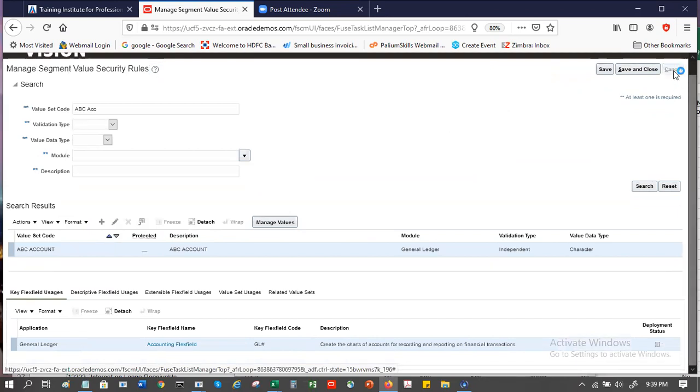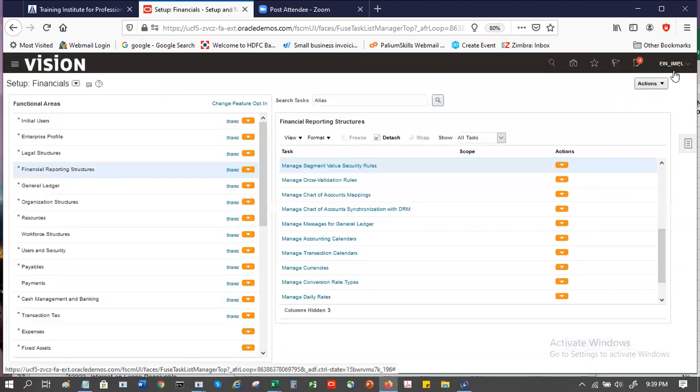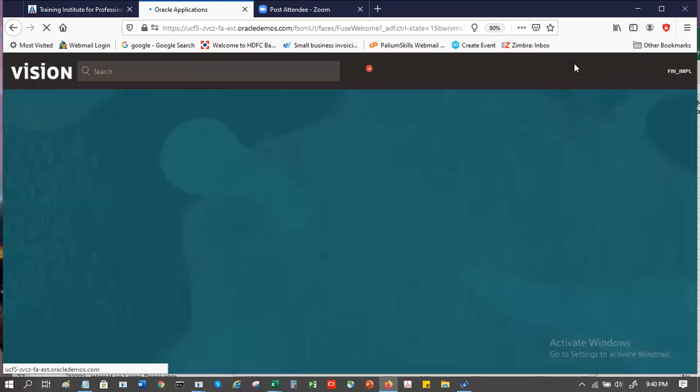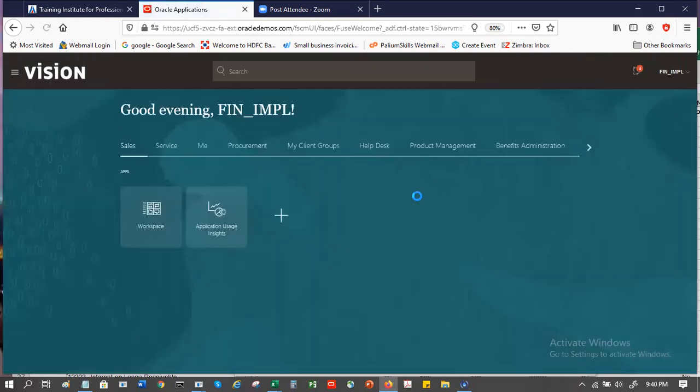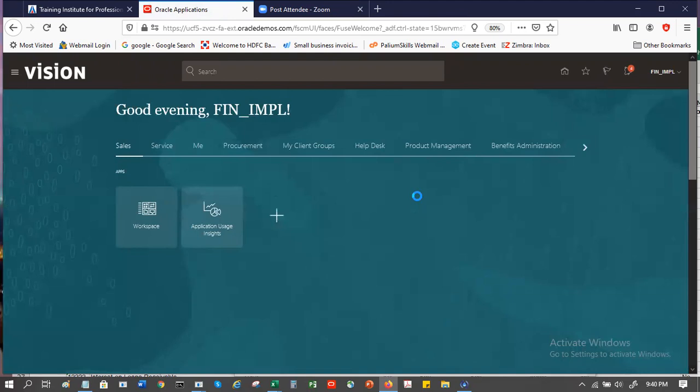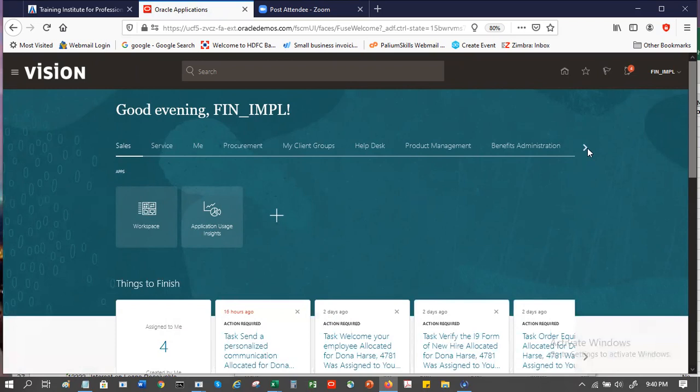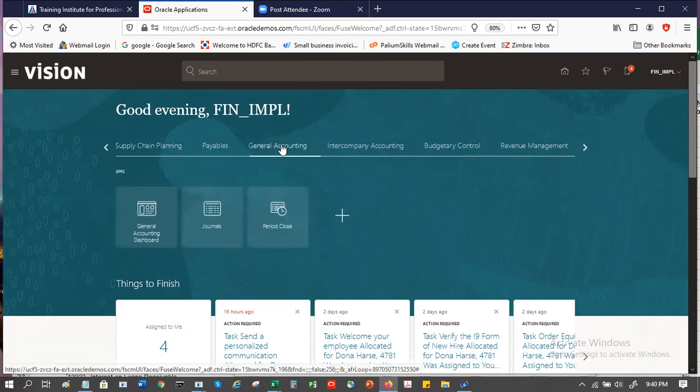And the other thing that you wanted to see was the periods, right? So let me just show you the periods. This is the general accounting through which you will get access to the accounting model, meaning the general ledger.